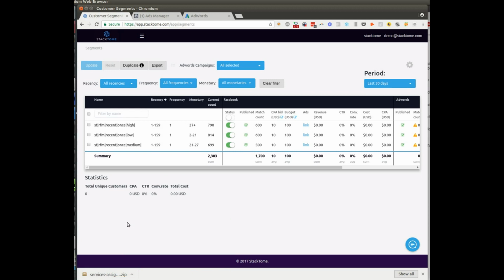So now let me take a minute and explain the available columns in the following grid. So we have here a name which describes customer segments, and the same name will be used when exporting to Facebook and AdWords if you would be looking in the interfaces. So here we define the name, that's StackTome. RFM stands for recency, frequency, and monetary value,